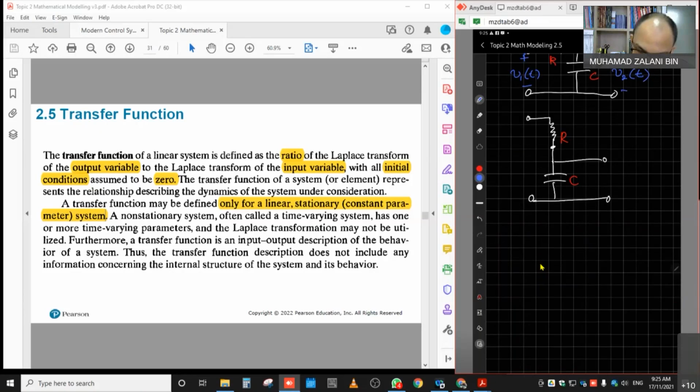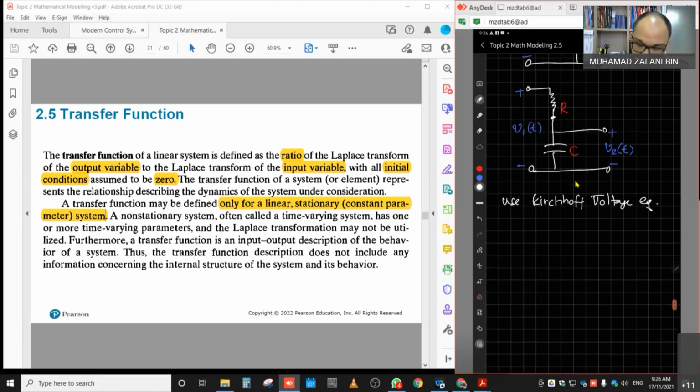So input is, let me just rewrite again, v1(t), v2(t), plus minus, plus minus. So we have voltage input across R and C, okay? And we have voltage output v2 across C. All right, for this particular case. Then, of course, as usual, we use Kirchhoff's voltage law or voltage equation, which is input,